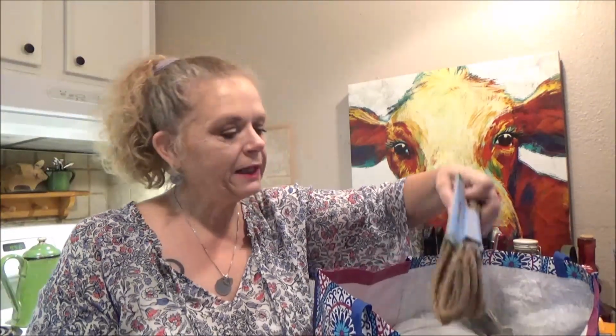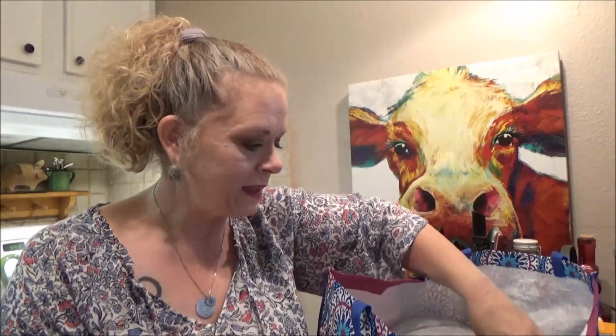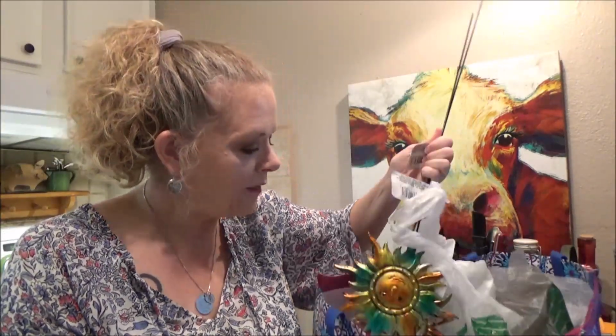But anyway, Wet n Wild concealer brush. This is good. I love these brushes, and they're only $1. And I got the Nautical Rope. This is for a DIY coming up this week. And I've got these cute little